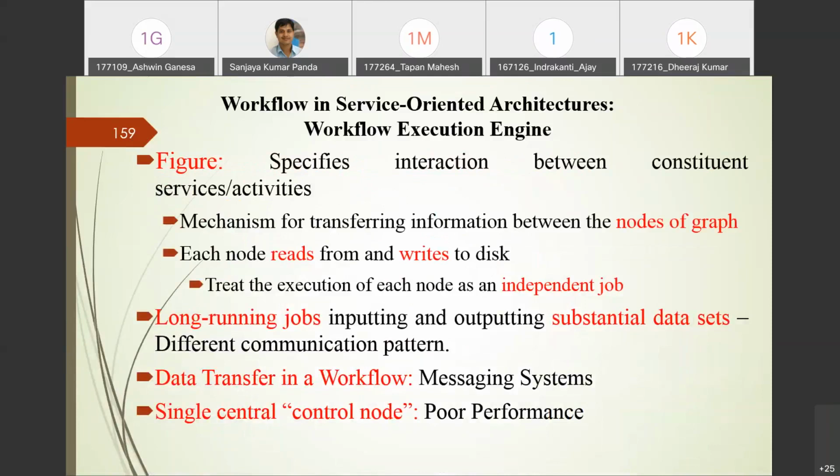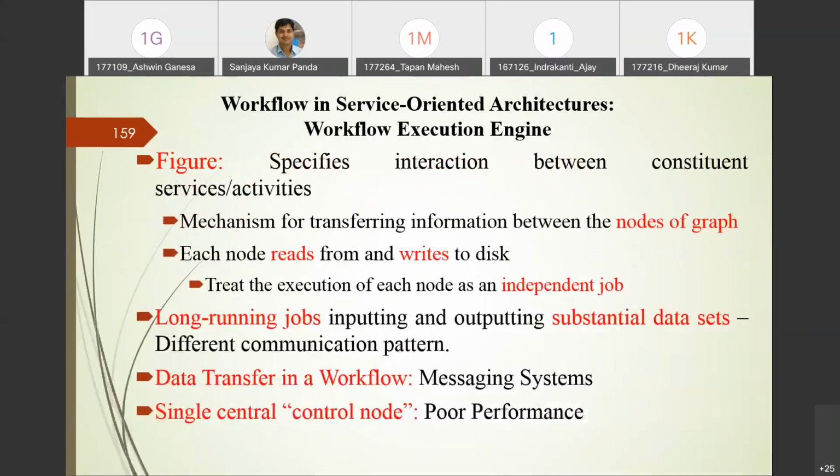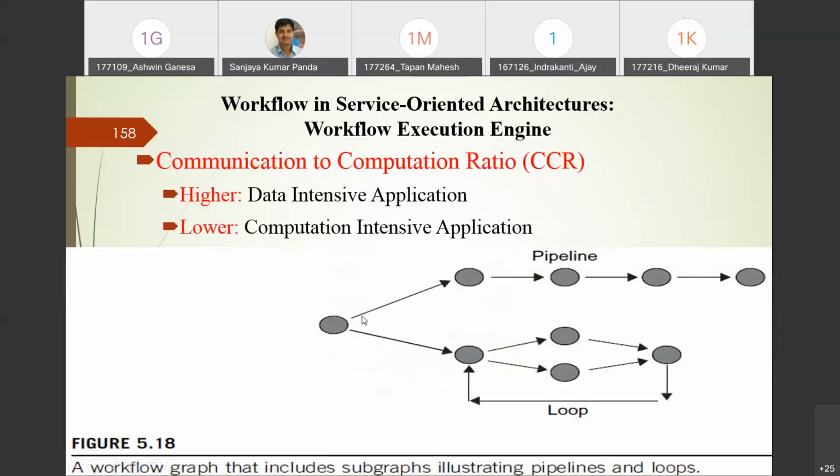Now I'll show you another figure. What you are seeing here specifies the interaction between the constituent services or activities of components, right? So here is the mechanism for transferring information between the nodes of the graph. You can see one component's output should be provided to another component's input to complete the work.